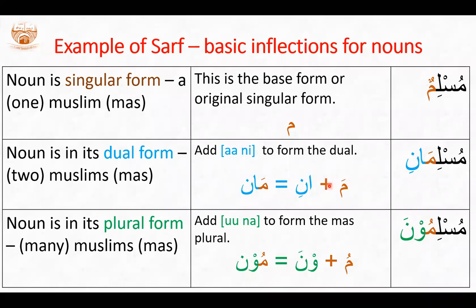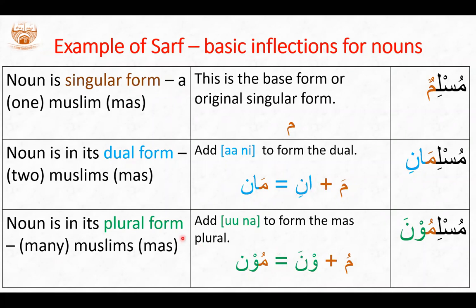Likewise, we have baitun, house. Baitani, two houses. Bintun, girl. Bintani, two girls. And like that, we can use that for all nouns. So what we are learning is inflections. We have a root. We learn a specific type of ending, or sometimes in the beginning as well. And once we apply that to other forms in a like manner, we get similar meanings. So the principle is dual form. So we get the dual meaning from it.